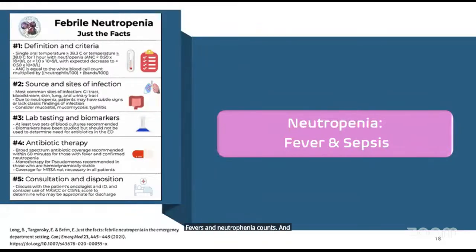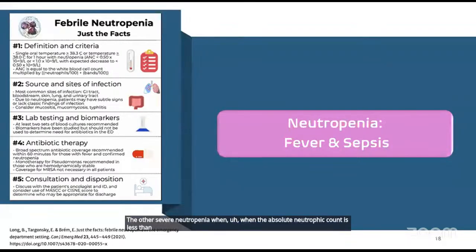And an absolute neutrophil count of less than 1,500, or 1,000 cells per microliter, will definitely show that you have neutropenia which may be leading to neutropenic fever. The other is severe neutropenia, when the absolute neutrophil count is less than 500 cells per microliter,